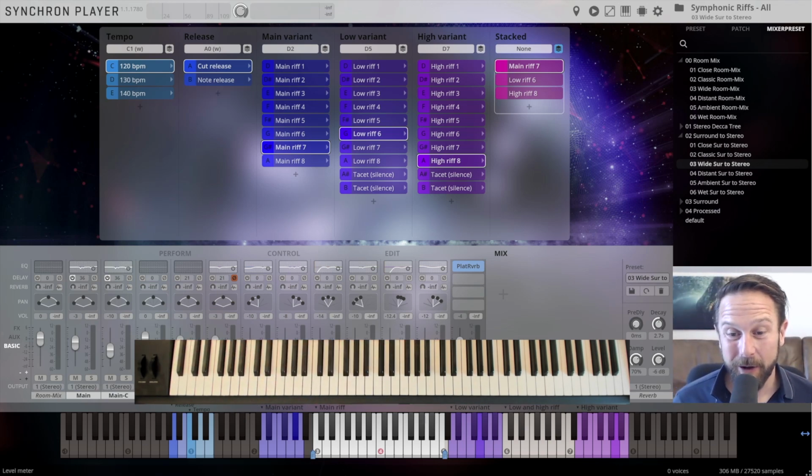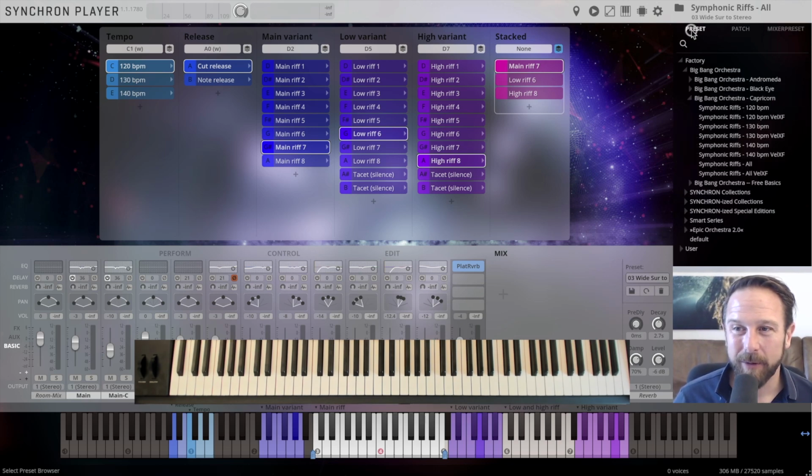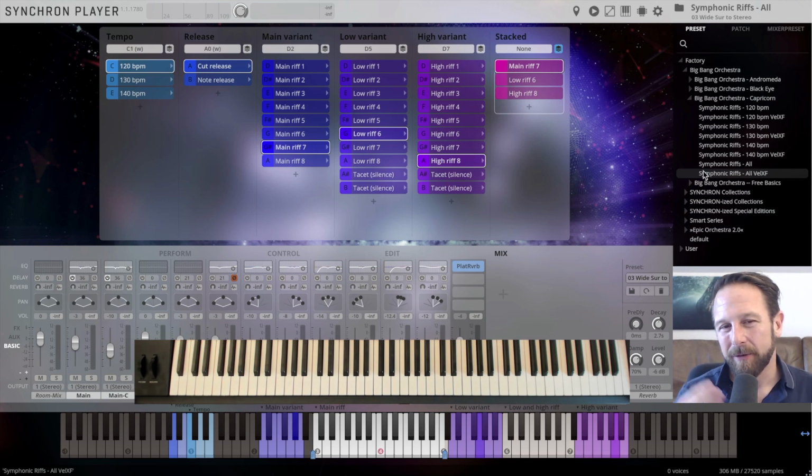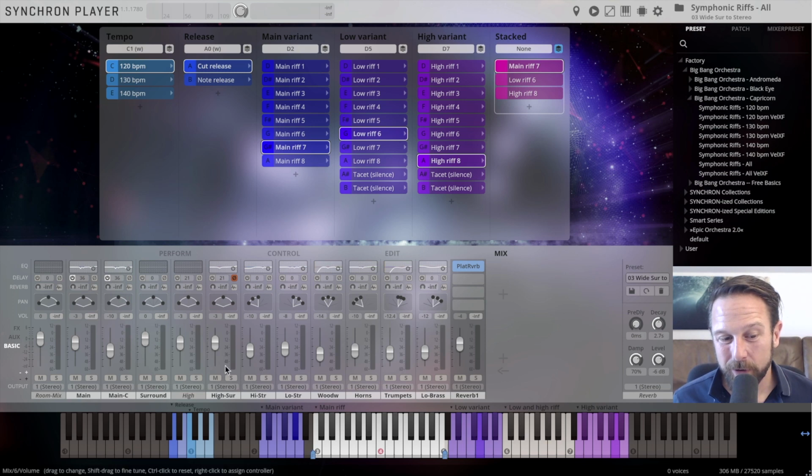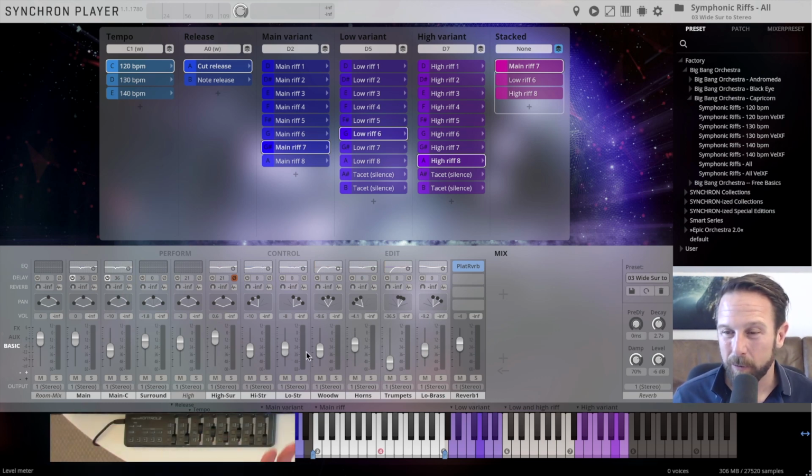And then additionally play around with the mixer and of course with the dynamics. And we've prepared a preset, the Velocity Crossfade preset for you. And that kind of sums it up. You have the different articulations, you have the different releases, you have different tempos that you can choose between. And of course, you have the mixer that lets you access each section separately. You can influence the microphone setup here and just say you want the high surround a little louder, the surround maybe a little lower, and the main Decca tree a little louder. Everything influences the sound a little bit, and you can automate all of those faders very conveniently and just play around with the sound this great orchestra makes.